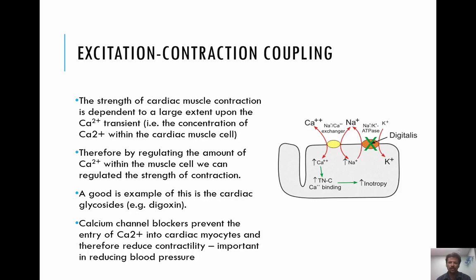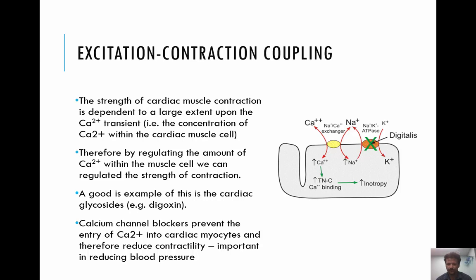So if that pump is not working, it leads to an accumulation of sodium inside of the cardiac muscle cell. And it basically alters the gradient of sodium across the cell membrane and therefore diminishes the function of the sodium-calcium exchanger. The end result is less calcium is pumped out of the cardiac muscle cell. More calcium remains in the cardiac muscle cell, leading to a greater strength of contraction. And so we use digoxin and digitalis and these cardiac glycosides when the heart is failing and we want to increase the strength of contraction of the heart by keeping calcium in the muscle cell and pushing more blood out